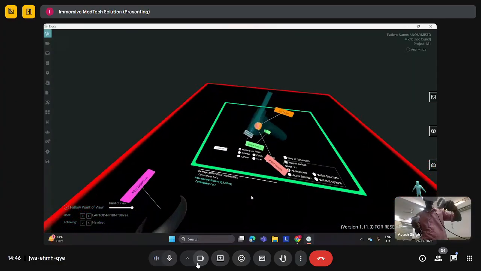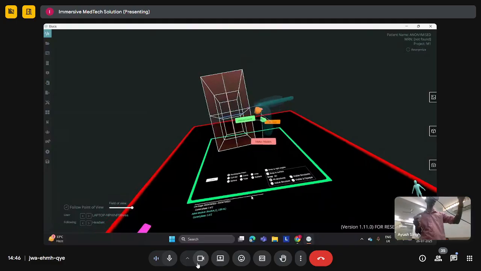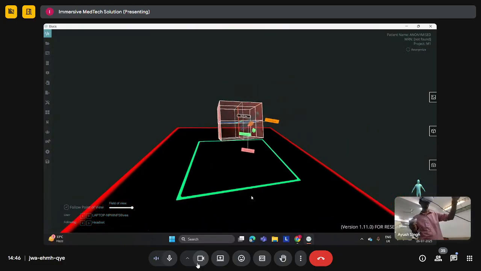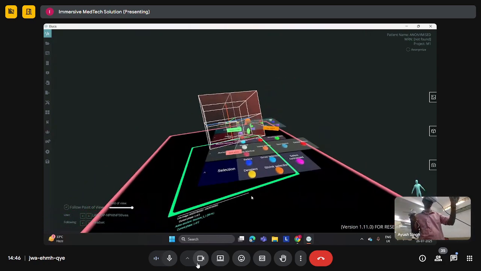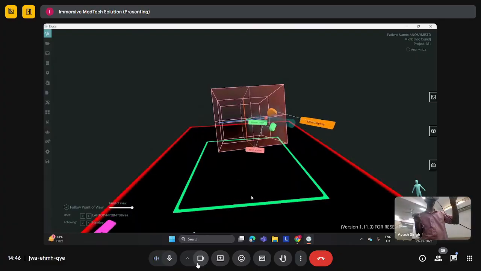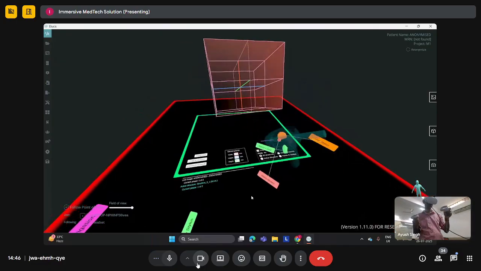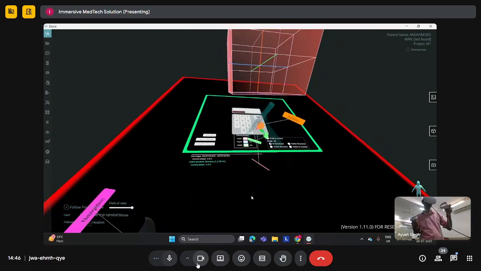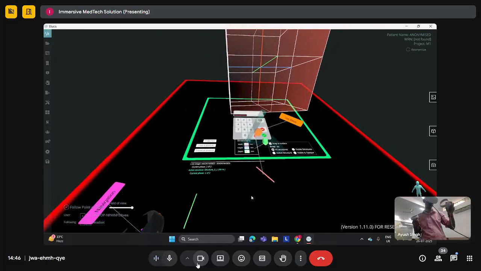Either I can select a rectangle surface, or I can just select a point, and then I can design the particular structure. I can modify it along any side, and the same operations can be done. You can do the resizing, you can reduce the size, you can move the particular surface once it is created. We can also set the values manually. So if we need 100 millimeters by 100 millimeters,